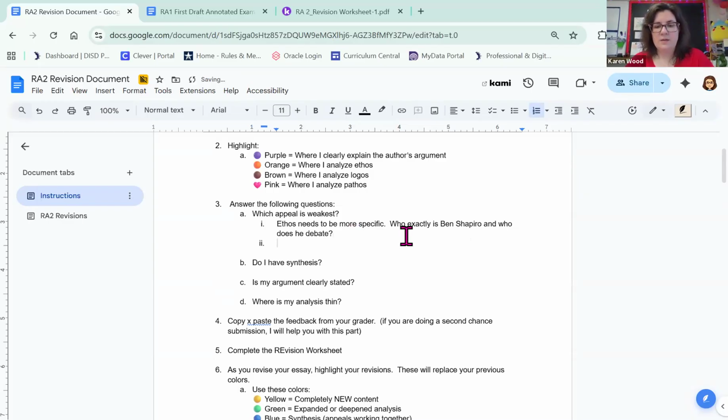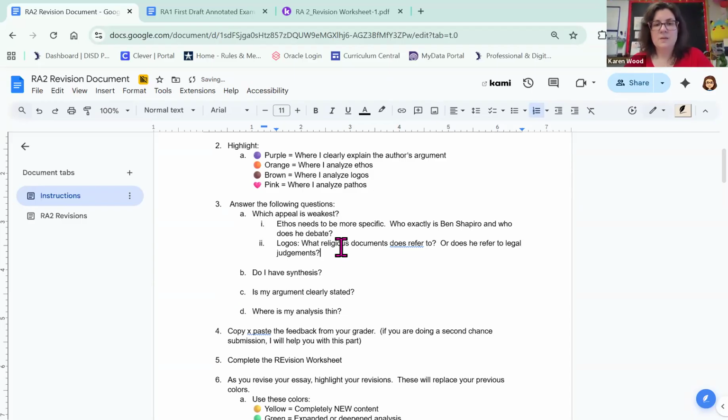We also have logos. So I understand from this essay that Shapiro uses religious arguments, which would be a logos appeal. So what religious documents does he refer to? Or does he refer to legal judgments? Because right now,